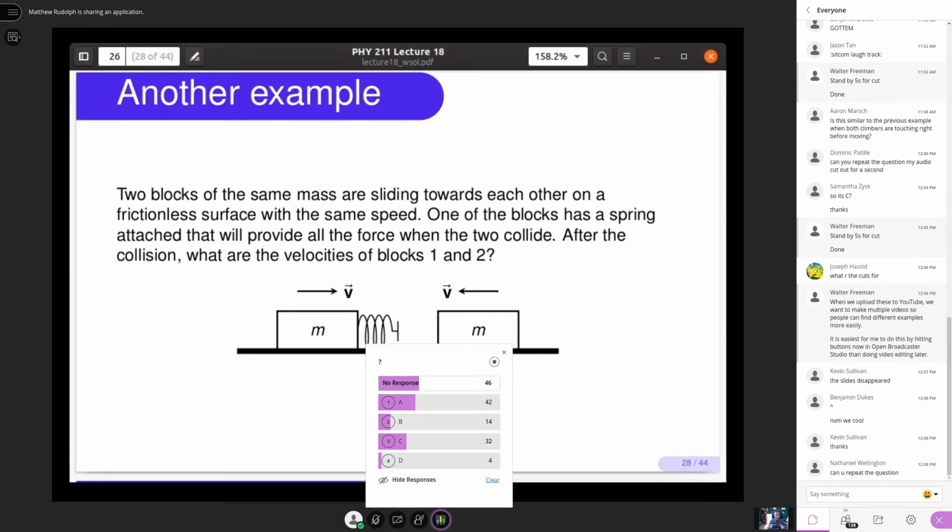right? The normal force and gravity are acting vertically, and nothing's moving that way. So they're not going to be able to do any work. There's no friction, right? All the force that acts is from the spring, right? And the spring is a conservative force, right? It has a potential energy. So during the collision, the kinetic energy can convert into spring potential energy, but then the spring can give that all back, right? So it's right that energy is conserved,